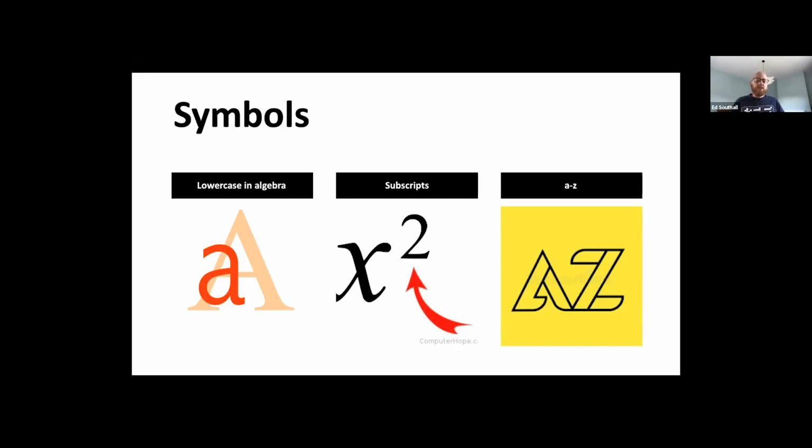And superscripts as well, for like squared, that was Descartes as well. There were lots of different ways people would write something to mean something times itself, or times itself, times itself, times itself, and so on. And what typically would happen is at the front end of the book, people would go, right, I'm going to do it this way, and now you know how it's done. Descartes said, right, what I'm going to do is just put a little 2 at the top, and that means x times x, or a 3 at the top, and guess what that means? And it really took off from there. So I kind of like that as well.